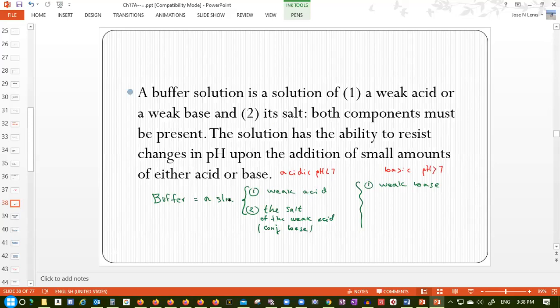However, you need to add extra from an external source. And that's how you make it. And that will be an acidic buffer. You want to do the basic buffer, we do the same thing. But in that case, you are going to use a weak base. And what is the second component of your basic buffer? Yes, the salt